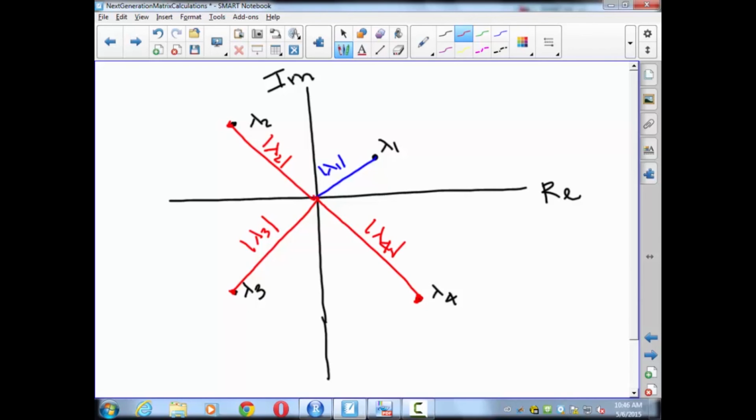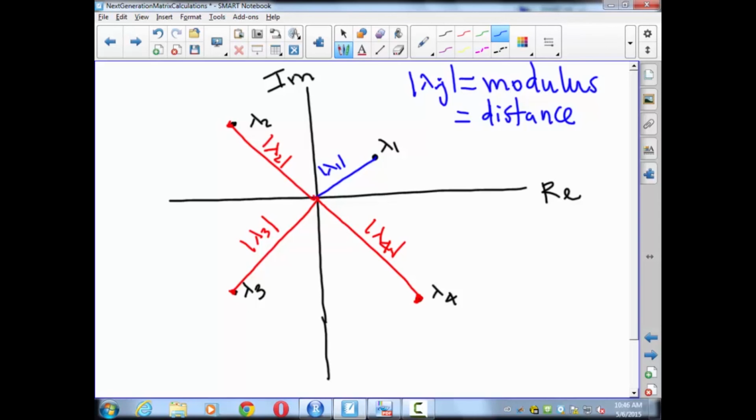Okay, so the modulus is a generalization of the so-called absolute value. So I'm going to write a note here. The modulus, in general, we say lambda j, and if you didn't know this was a complex number, you would say that's the absolute value of lambda j. Well, in this context, we don't call it absolute value. It's absolute value in the same spirit. So here we call this modulus. And the modulus of lambda j is quantifying the distance between the complex number in the plane and the origin.